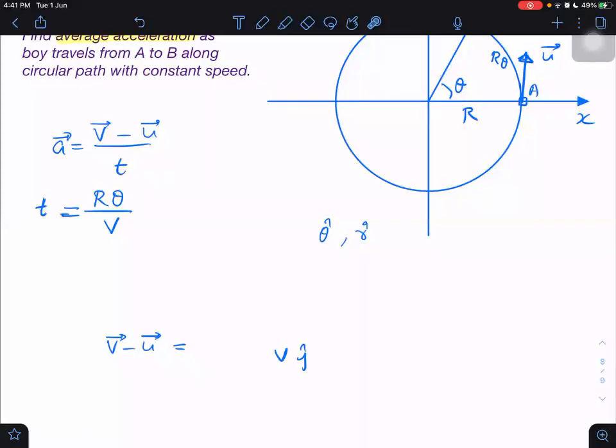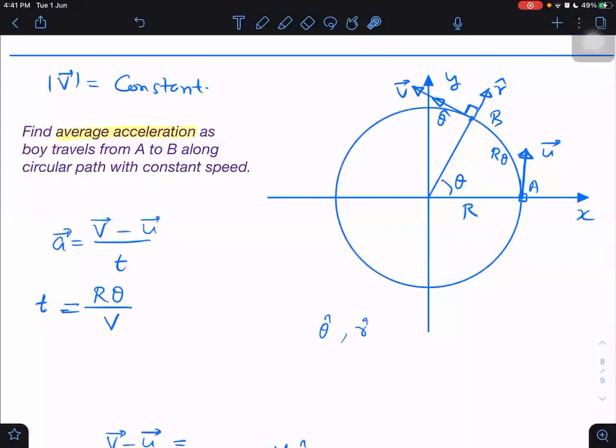Now, perpendicular in which direction? Because we can have two perpendiculars. Why am I not taking the perpendicular this side? Because this is the x-axis, and angles we normally take in the anti-clockwise direction as positive. Therefore, I am taking the perpendicular to r cap in the direction of increasing theta. Theta is increasing in this direction. That I am taking as theta cap, or we can say in the anti-clockwise direction.